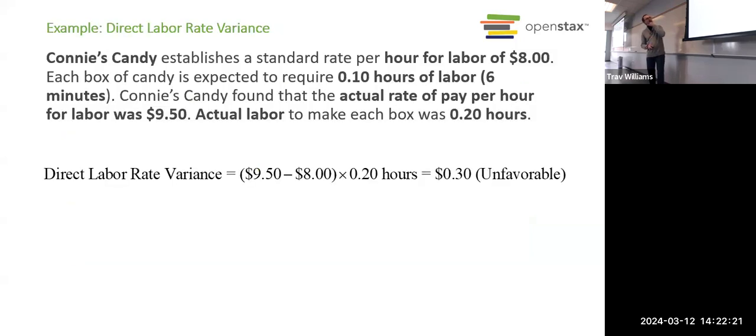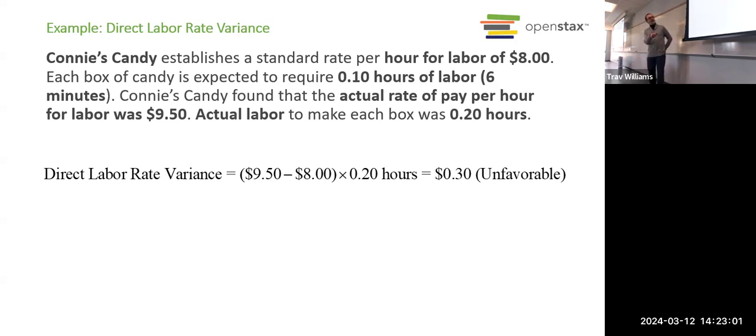I think, yeah, we're back to the candy company. So let's apply this process. Let's figure out what our rate variance is for labor. Okay, so it says the standard rate per hour is $8. And notice that standard rate is here. The actual rate that we paid is $9.50, which goes here. And as Jordan pointed out earlier, just based on that, if we know we're actually paying more than the standard, we know it's going to be an unfavorable variance, right?